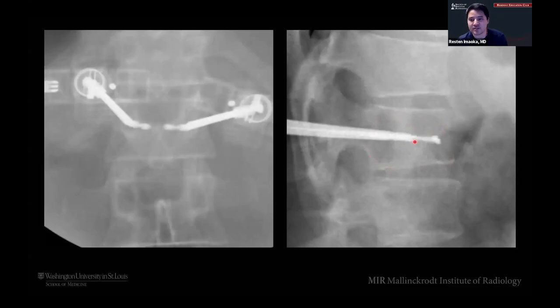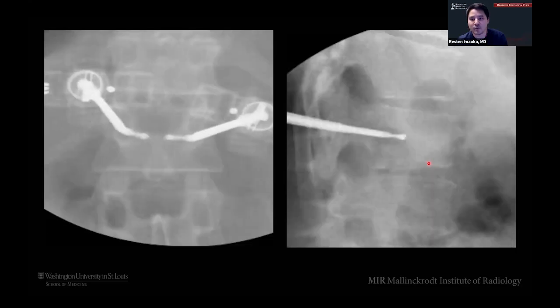So we're going to center one ablation zone up front, where the center is right here, and we're going to get an ablated portion of the anterior vertebral body here. Then what we're going to do is pull that back and do the same thing, right? And so now we've centered our ablation zone in the posterior vertebral body. We're still about a spinous process apart because these ablation probes can curve and we can steer them to where we want. But this ensures that you're going to ablate the entire vertebral body.